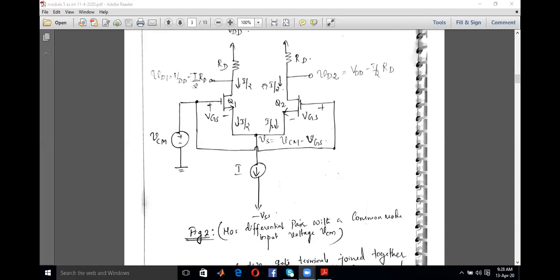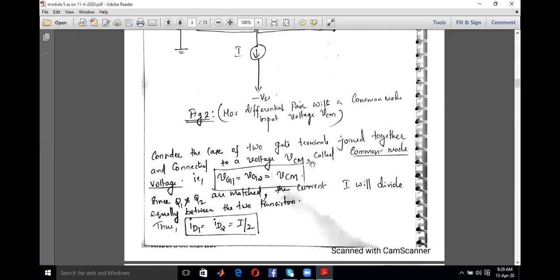For the two currents to be same, you have to short the two input terminals. At the same time, you have to give your input within a particular range of values. Then only you can confirm that the drain currents are same. If the drain currents of the two transistors are same, it is very obvious that VD1 is equal to VD2. If VD1 is equal to VD2, the difference between these two terminals, VD2 minus VD1, is equal to zero, or you're not getting any output. The differential output is zero, which means that your amplifier has rejected the common mode input.